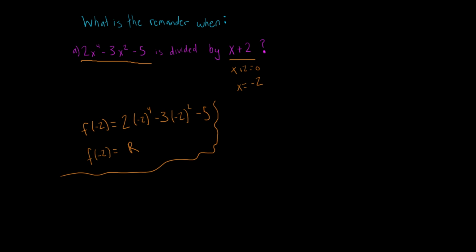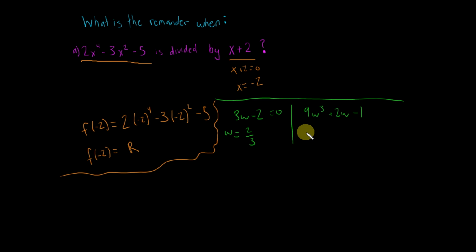Okay, so it's divided by 3w minus 2. This is our divisor. So our divisor, w will equal 2 over 3 if we equal that to 0 and isolate for w. And then we've got 9w cubed plus 2w minus 1. So if we were to do this, f of 2 over 3